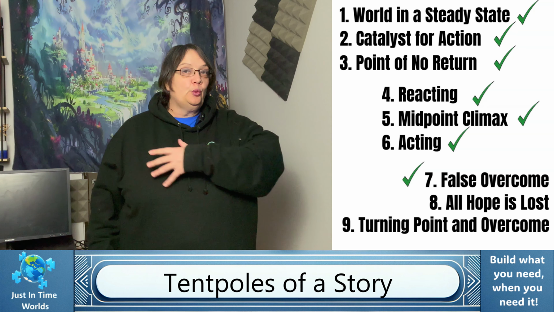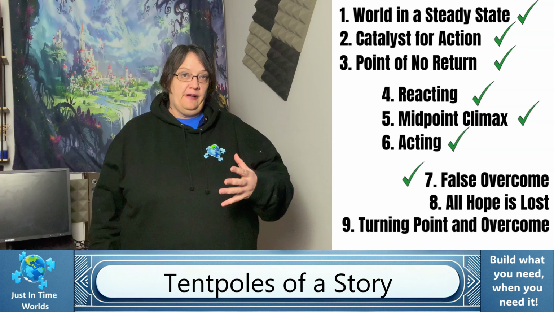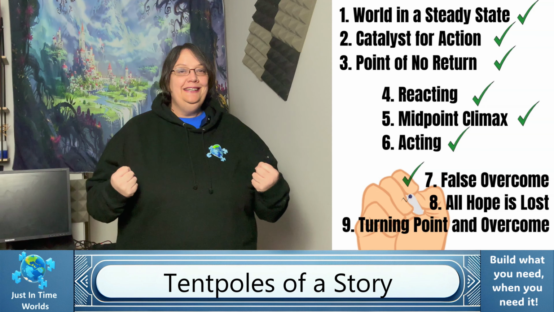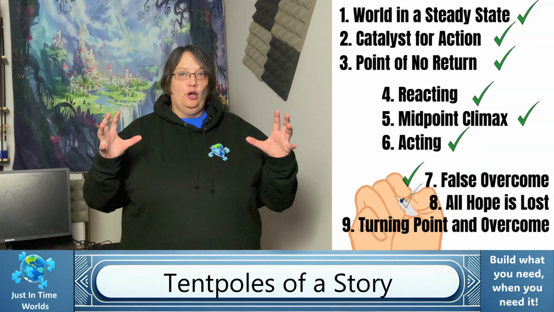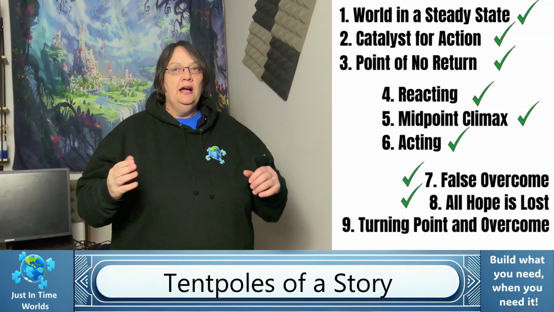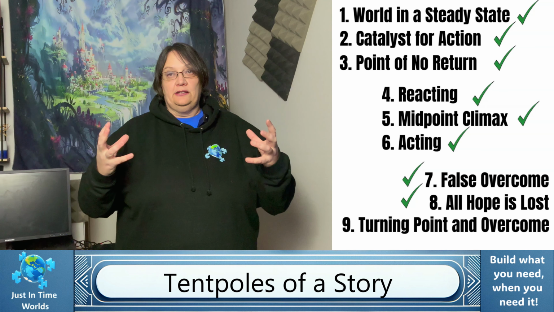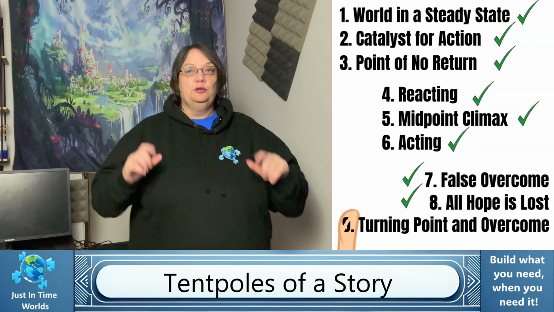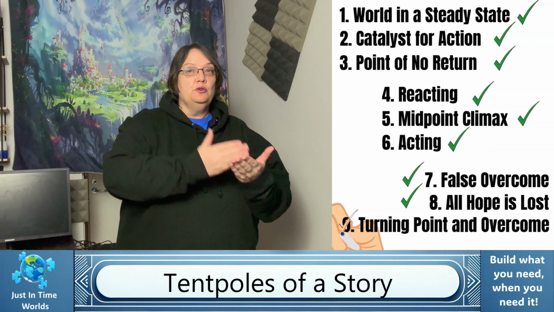The elephants will never live in harmony with the savannah again. The female withdraws from the ritual, leading to 8. All hope is lost. The male fights her, claiming that she is killing her people, and she accepts that mantle of villainy. But this is not where we want to leave the story, so we go to 9, the turning